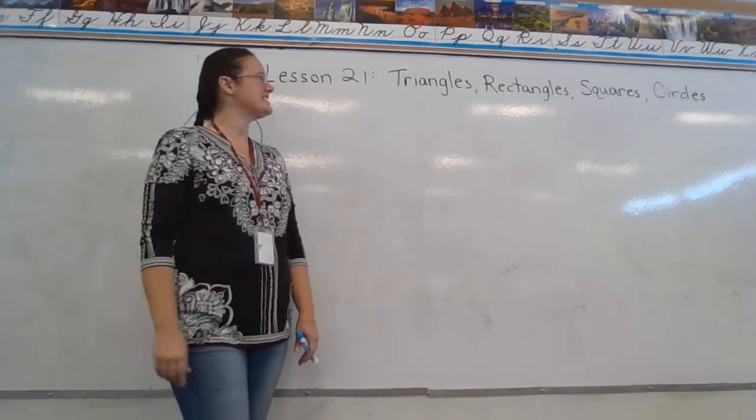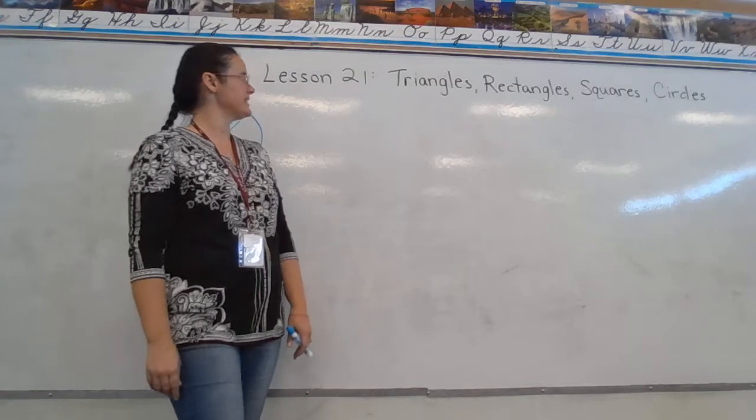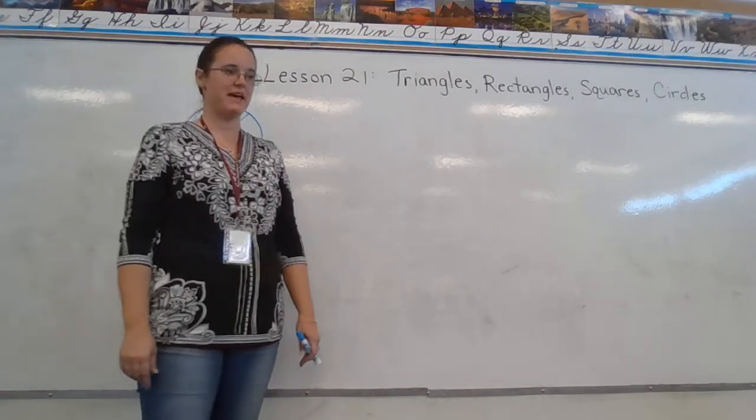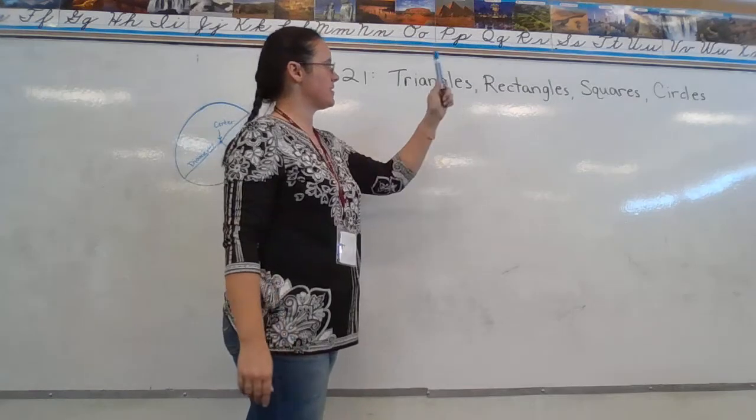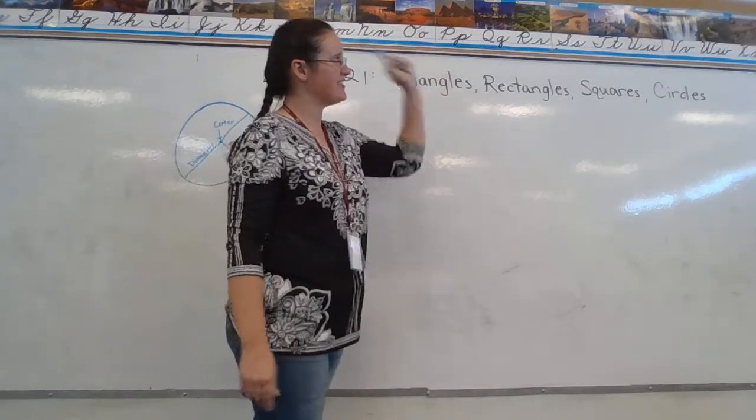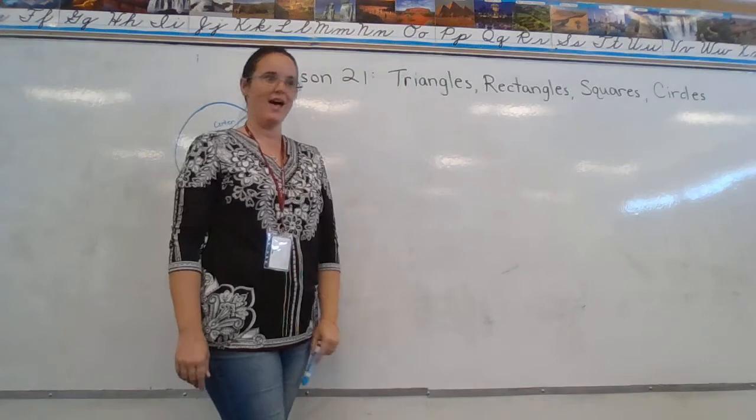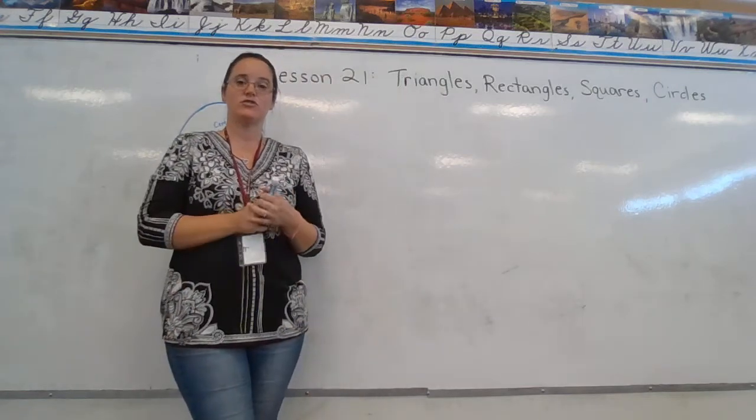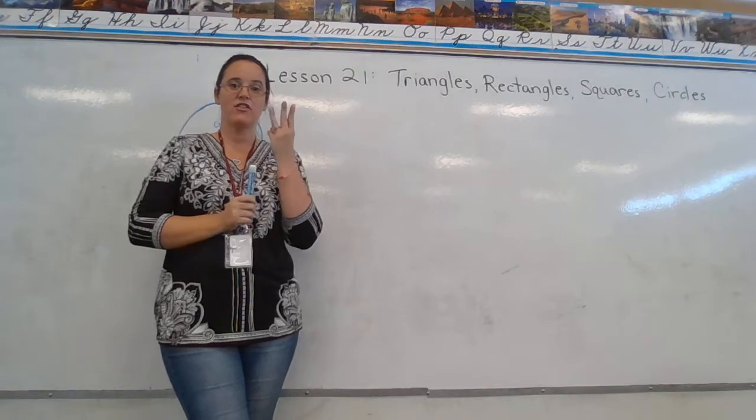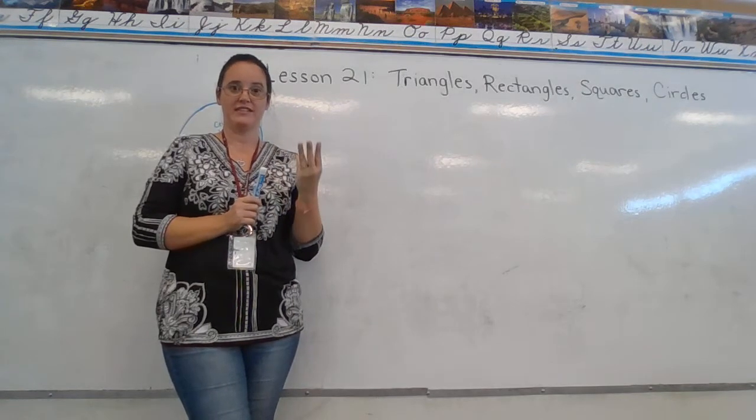Good morning, class. Today we are on book 4, lesson 21 of our Saxon math book. Today's lesson is triangles, rectangles, squares, and circles. So the first example says to draw a triangle that has 3 sides that are all the same